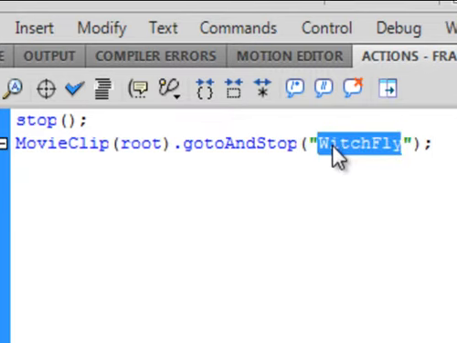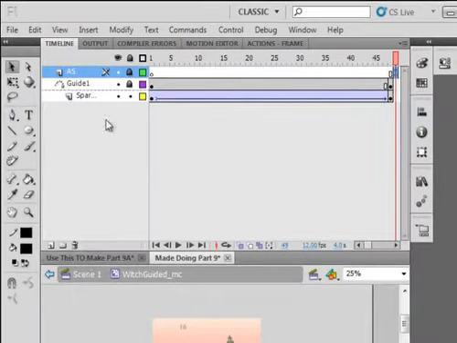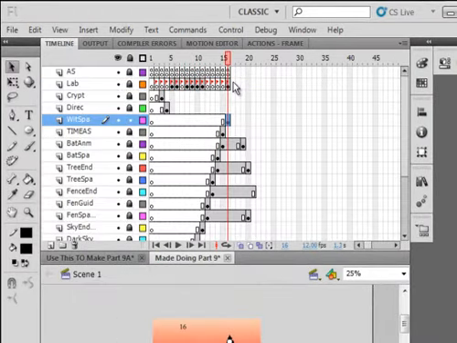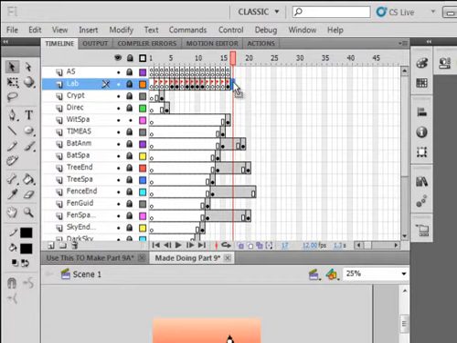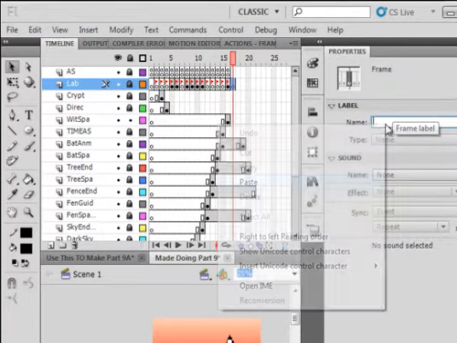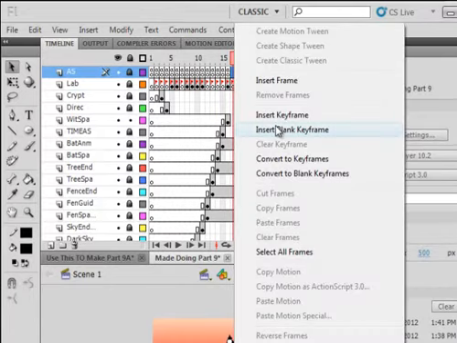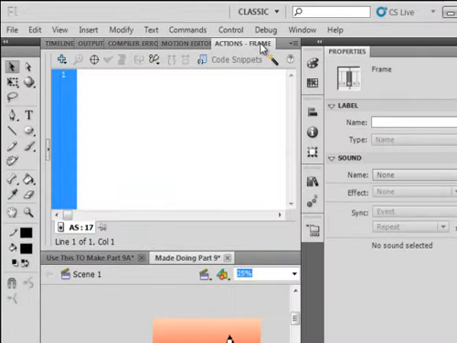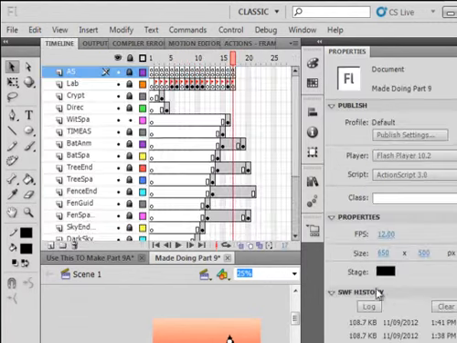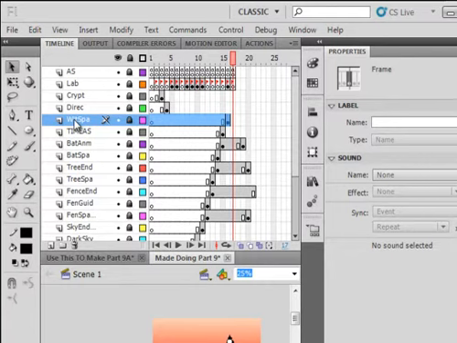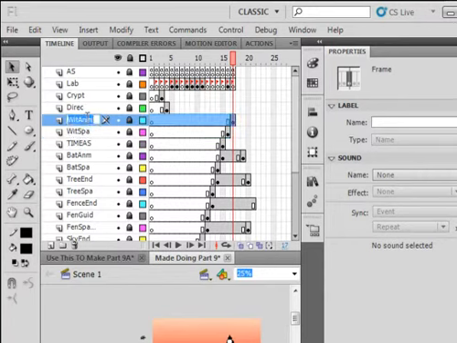So once you type this out, copy this, go back to scene 1, select this next frame, which is frame 17, insert a blank keyframe, open the properties panel, paste that which fly in. Again, while we're at it here, insert a blank keyframe on your actions panel, put in a stop. Make sure all the layers are locked, select that which spa layer, insert another layer, call it which animation,